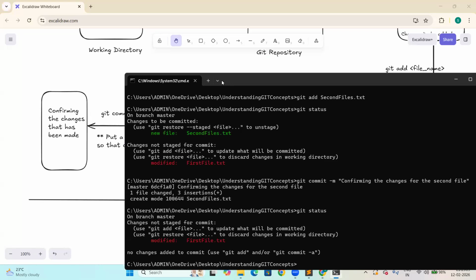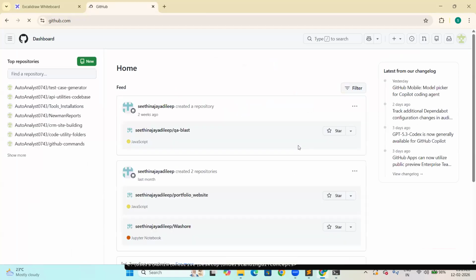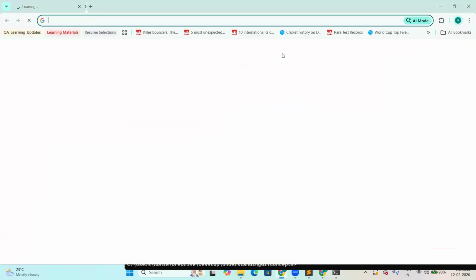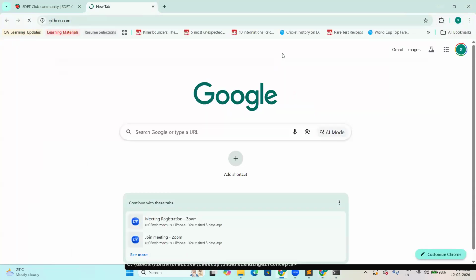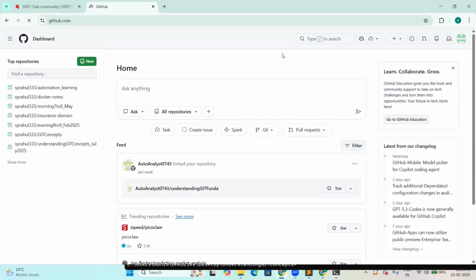Now, if I want others to view this code, if I want others to see these files, what will happen? I have to post it somewhere, right? That is where GitHub will come into the picture. So in the last class, I've shown you how to create a GitHub account. Okay. Once you have created a GitHub account,